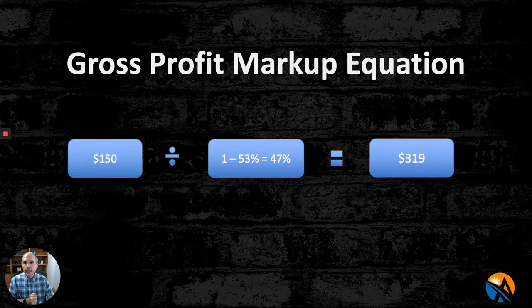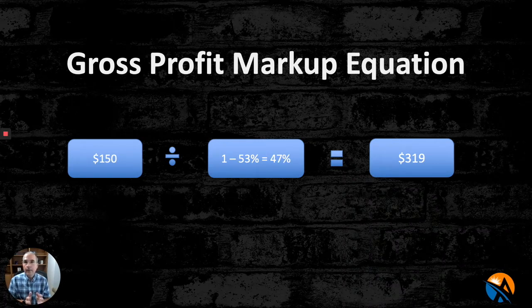In this case, you have $150 and your gross margin of 53%, so you take 1 minus the 53%, that gets you 47%. You take your $150 divided by that 47%, and that gives you